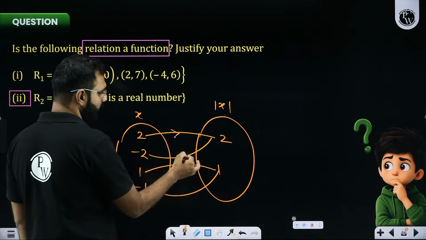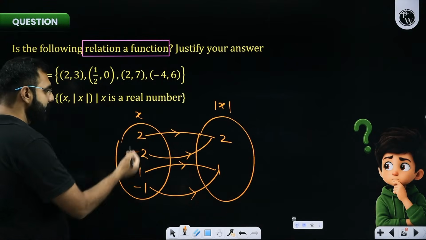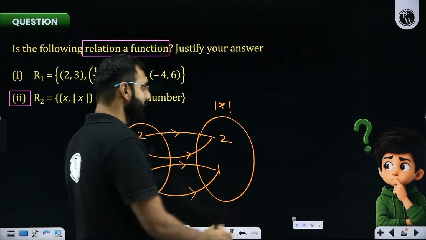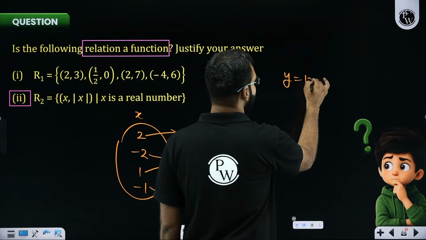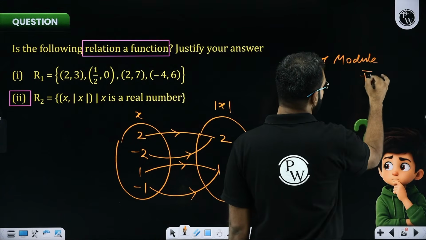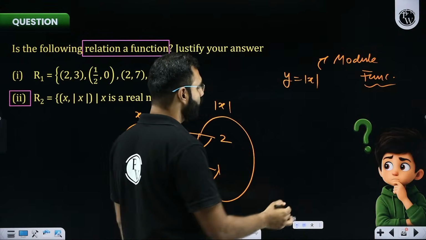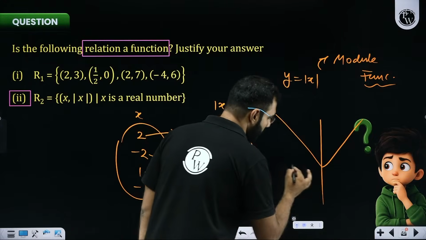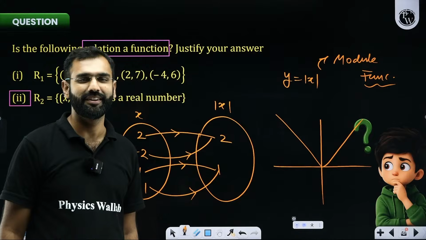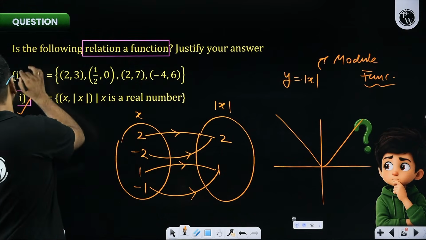And if we are seeing this kind of mapping, it is many-one. Yes or no? I think for all real numbers, modulus can be done. So technically, they are giving you something like mod x, and mod x, we have already learned, is an absolute value function. It is the modulus function, and it is indeed a function. We have studied it as a function, haven't we? We did discuss its graph as well when we were discussing the theory. This is clearly a function, isn't it? So I'll say this is a function where many-one is not a problem.